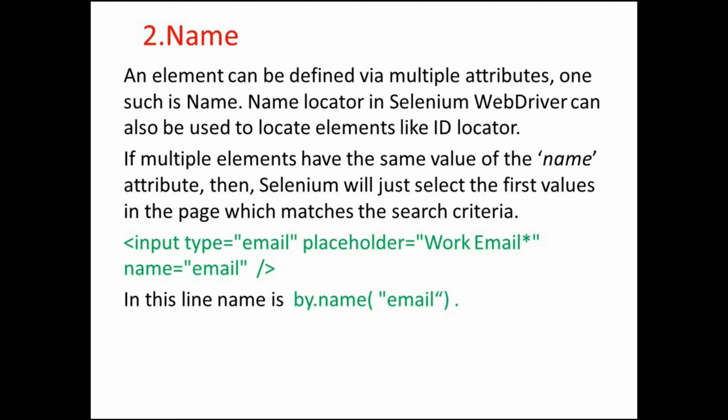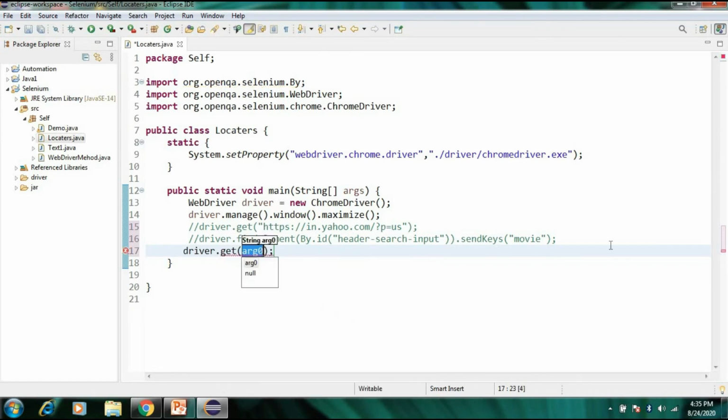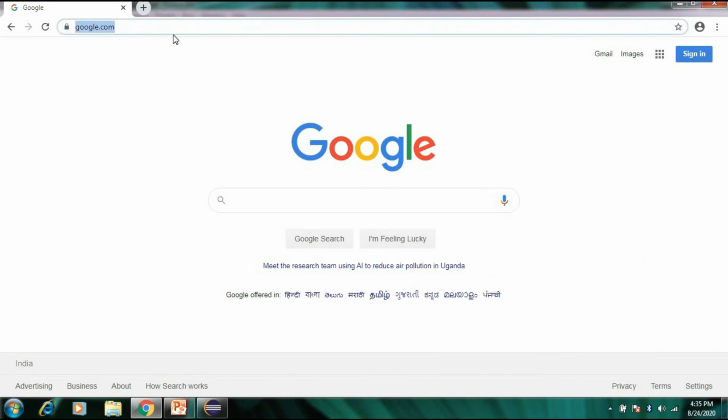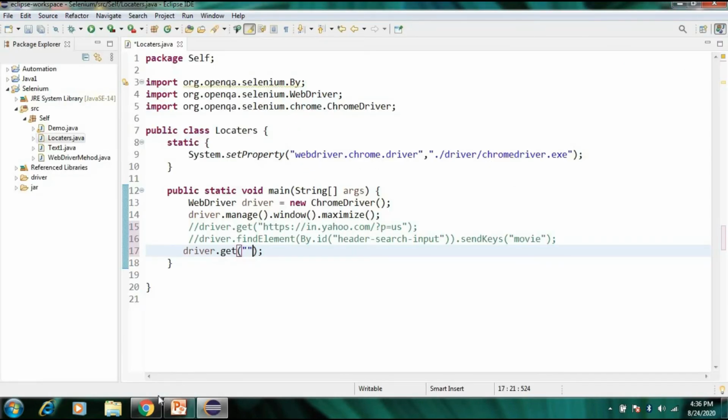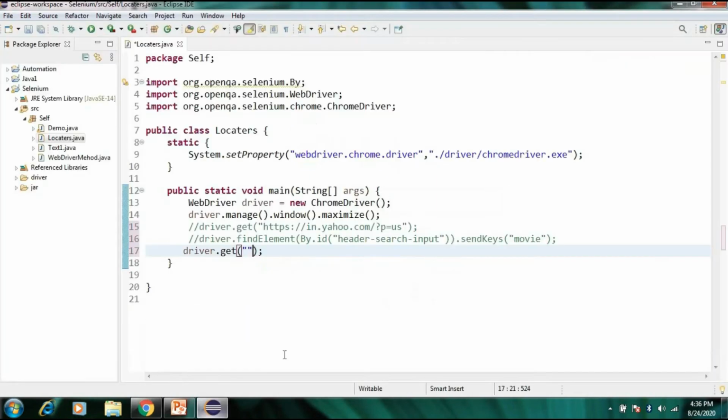How it works? I show you. Now I am going to enter another URL, that is driver.get. Enter a URL, copy the URL, and paste it here.